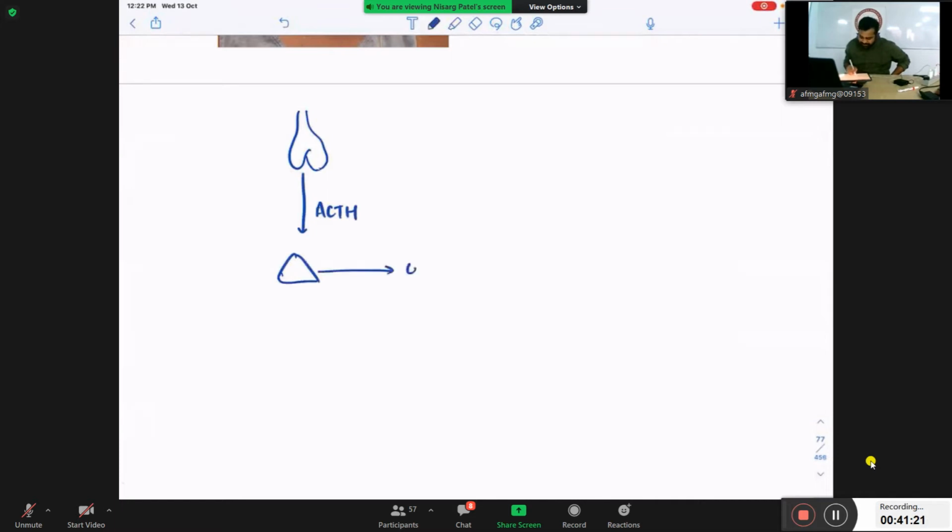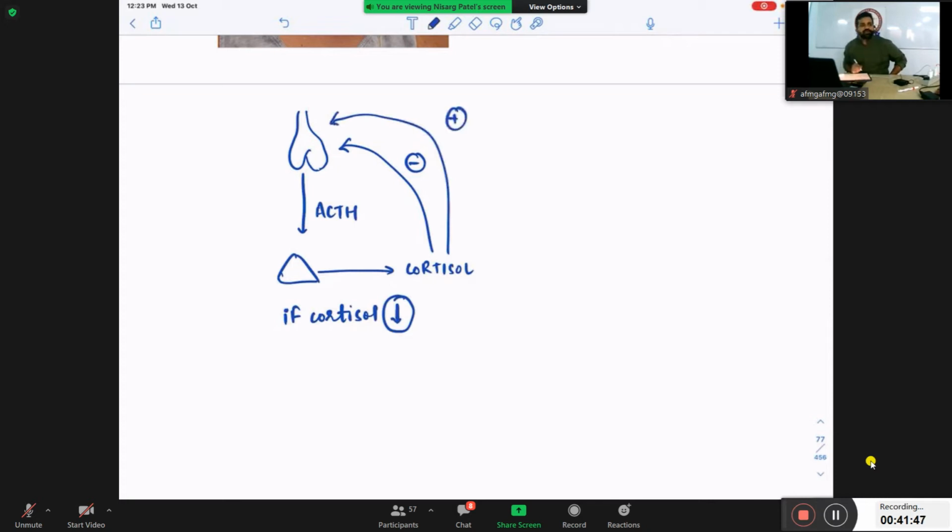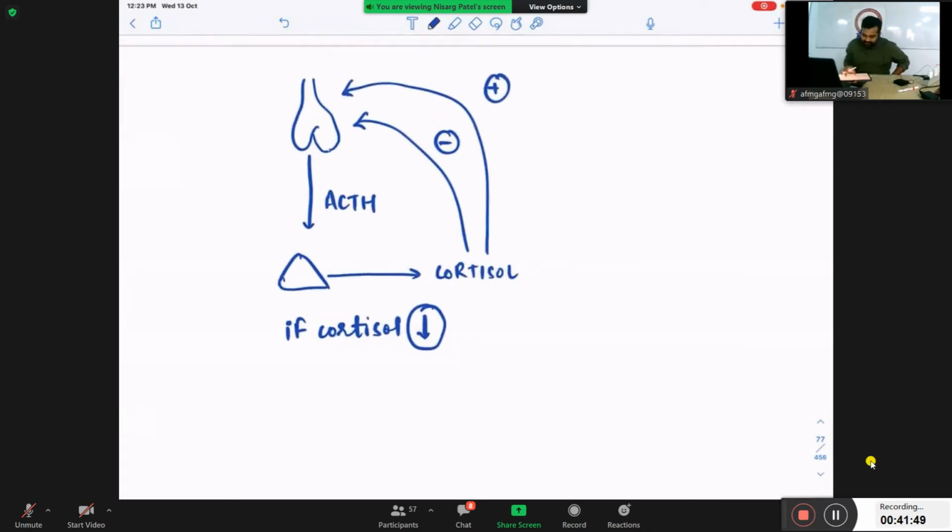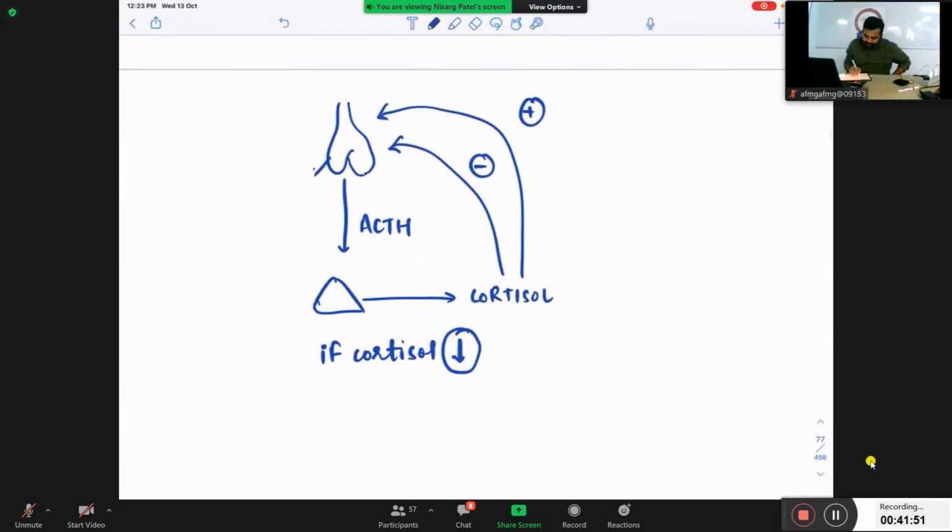And this adrenal gland, cortisol, has a negative inhibition on the pituitary. So if in my body cortisol is low, what will happen? There is a constant positive stimulation of the pituitary,